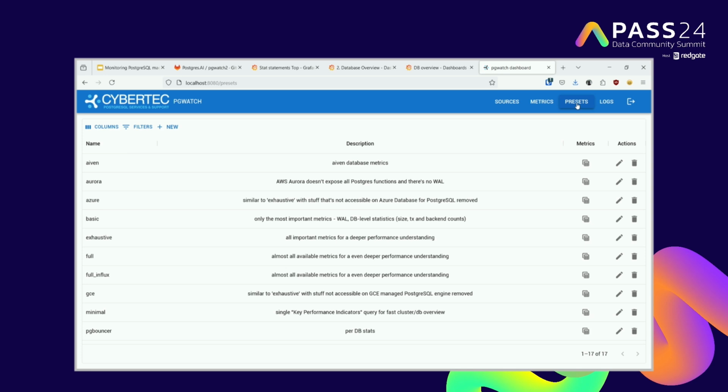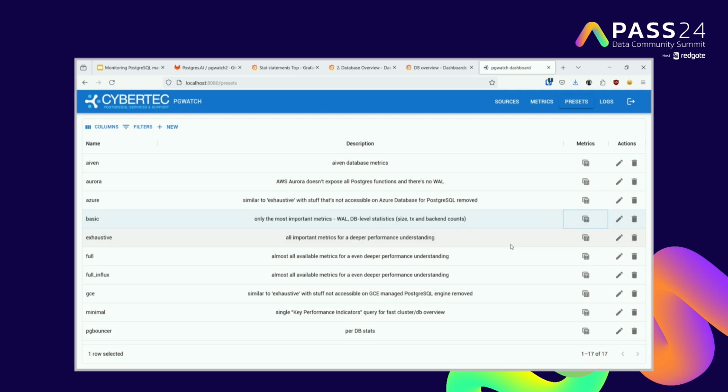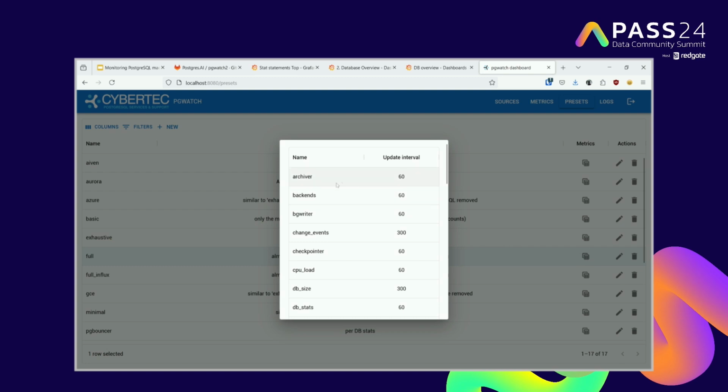Preset means the collection of predefined metrics that you can apply. For example, for basic, we have only 3 metrics. We will check the size of the database, we will check statistics for the database, and we will check WALs. But for example, for full, we will have every kind of